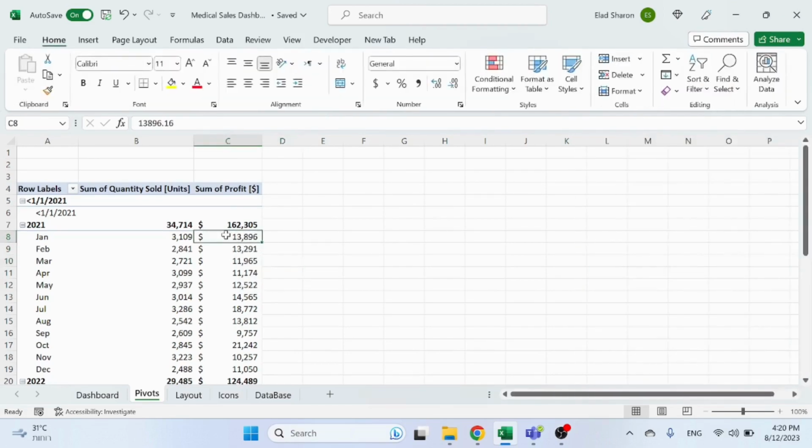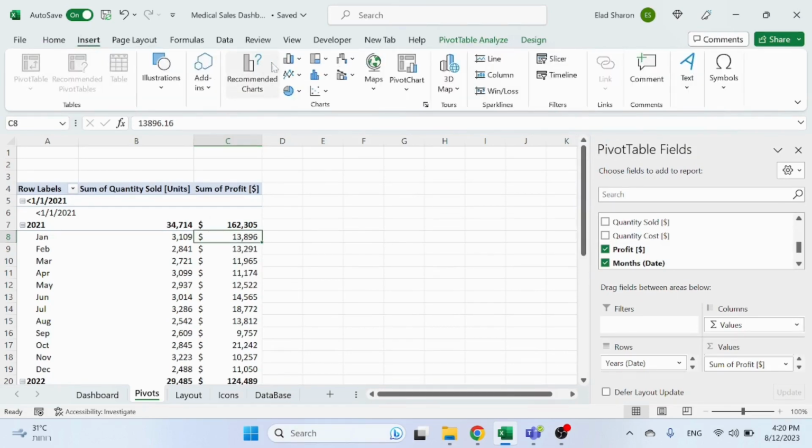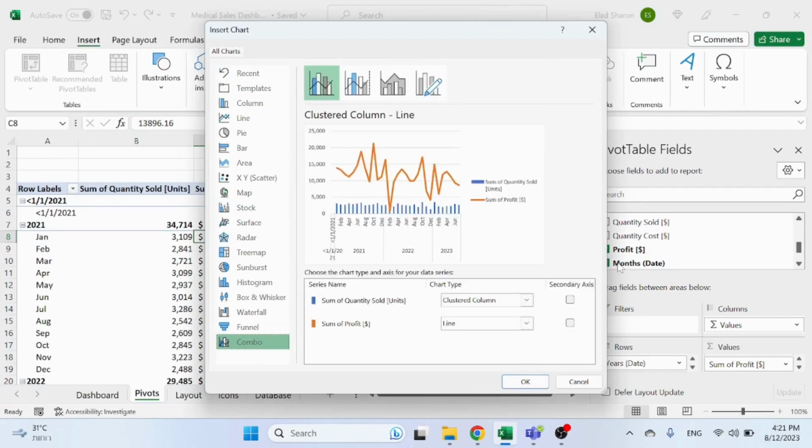So I'm just going to click somewhere on my pivot table, click on Insert, click on Recommended Chart, and I'm going to select Combo because I want two axes. I want one axis for the quantity sold and one axis for the sum of profit. Because otherwise, if it's the same axis, you see it gives me basically not a very good view, as the